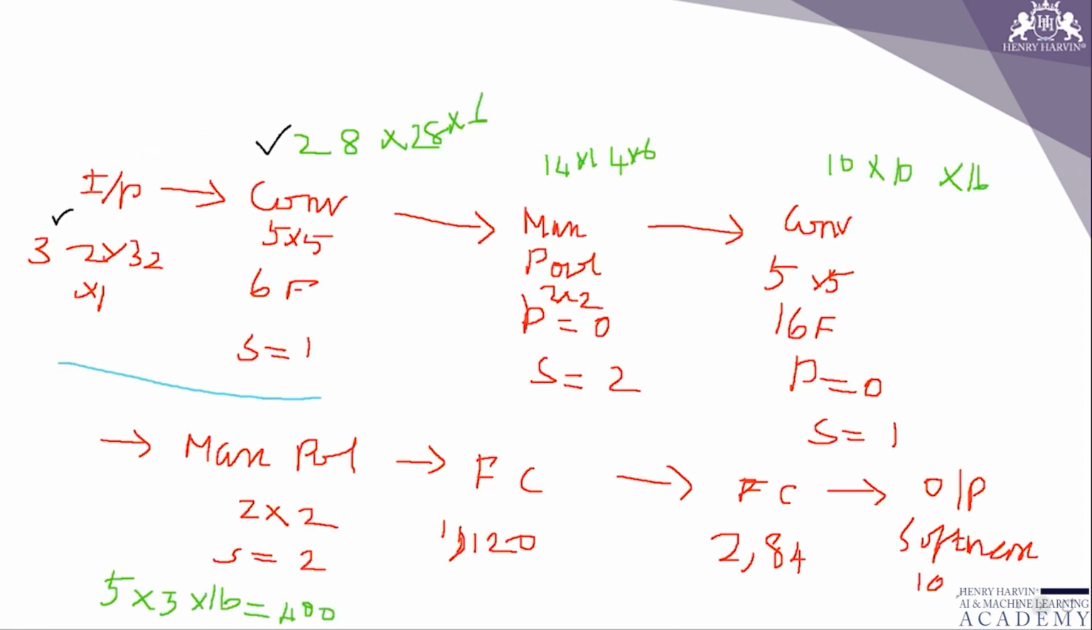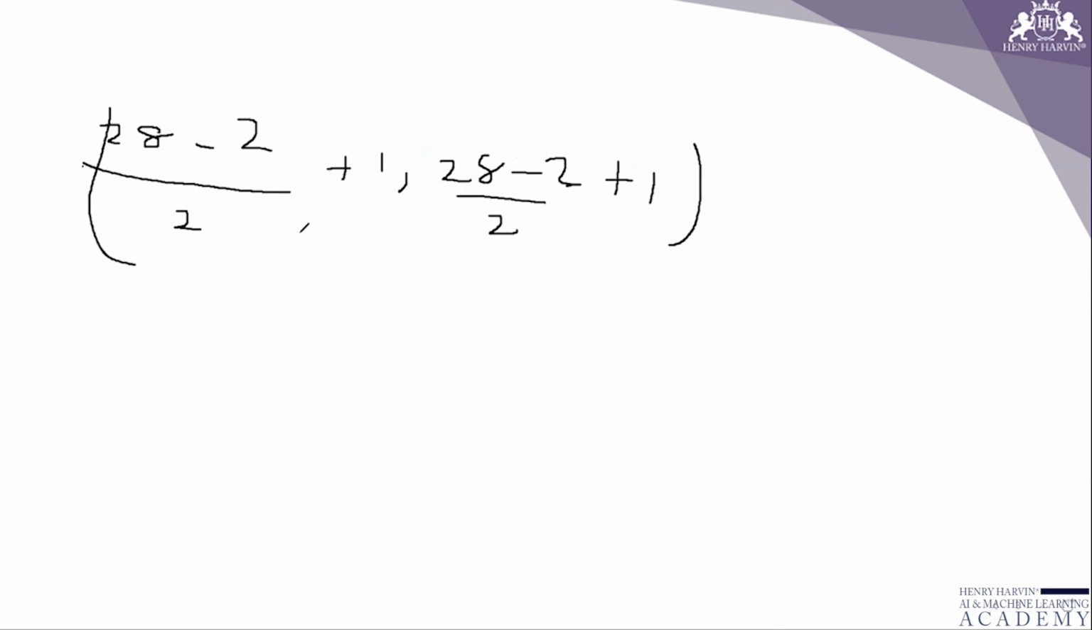So F is going to be 2 cross 2, right? So 28 minus 2 divided by, yes. So what is stride over there? Stride is 2 plus 1. And here again the same, right? 28 minus 2 divided by 2 plus 1. So what is the answer now? 26 by 2 is 13. 13 plus 1 is 14. So 14 into